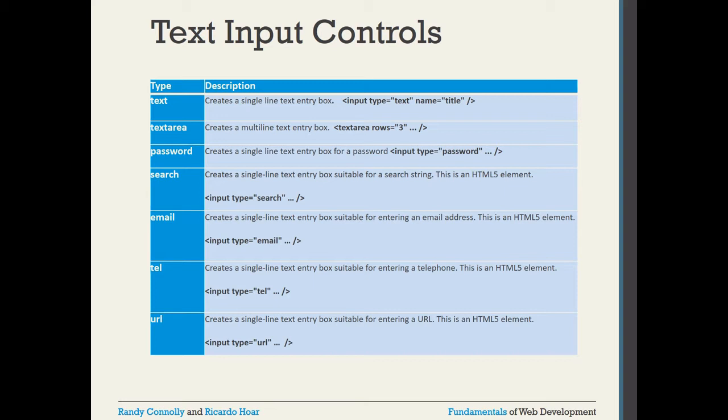Another is input type equal to password. When you write input type equal to password, whatever value you type into the input box will appear as dots only. Next is input type equal to search. Some kind of search icon will appear, a magnifying lens. Then input type equal to email. All of this is supported by HTML5.